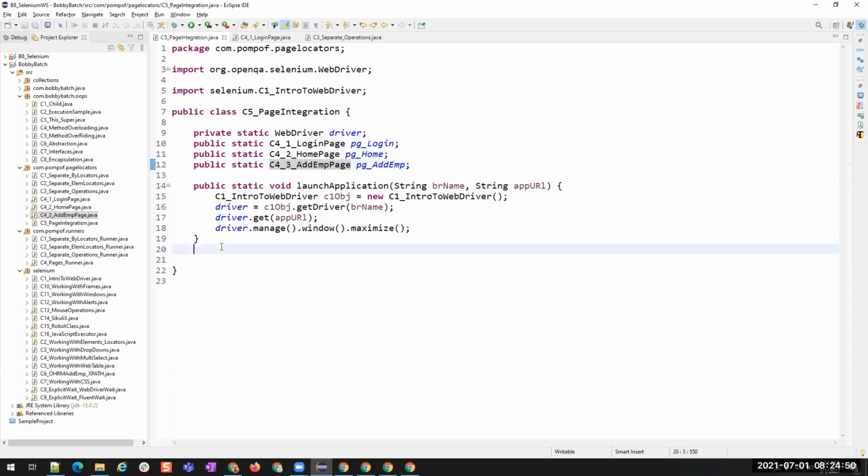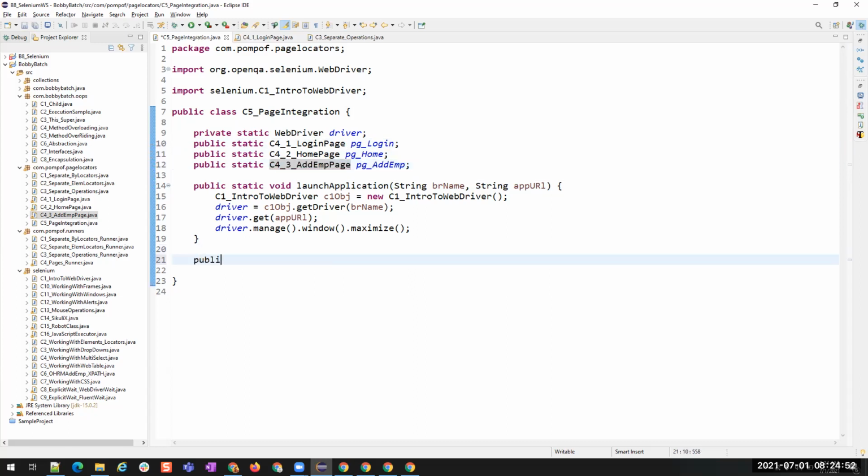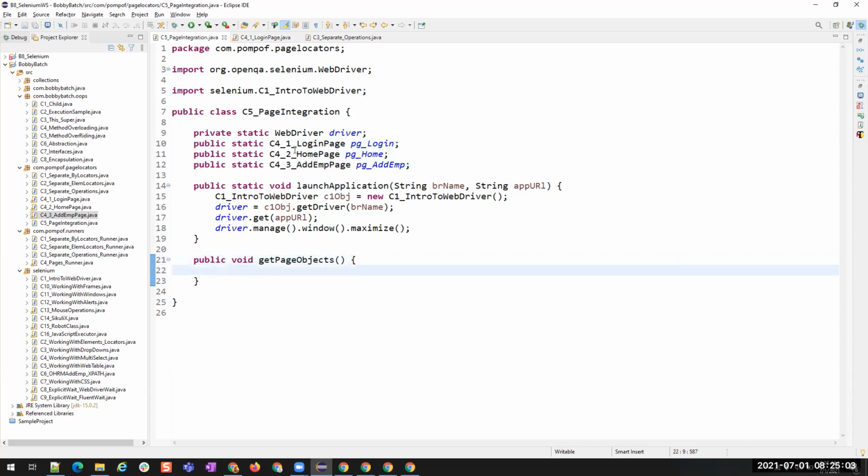Okay, I created all the variables. Now I'm creating public void get page objects. Inside this page objects method, I'm going to create objects for each of these things.